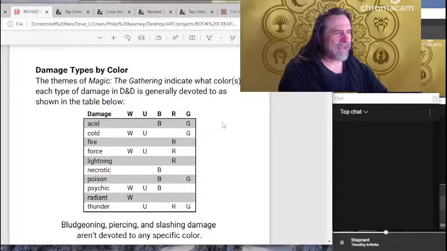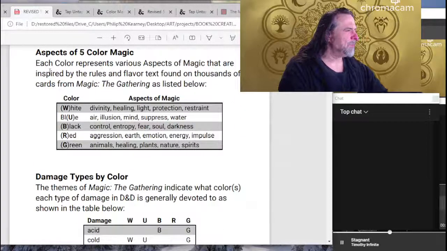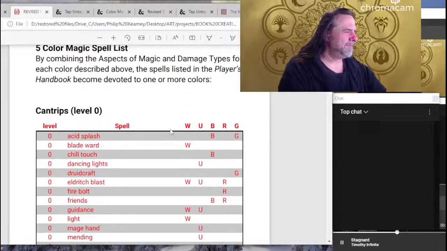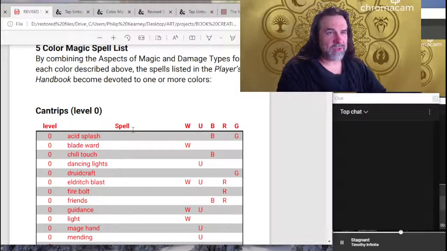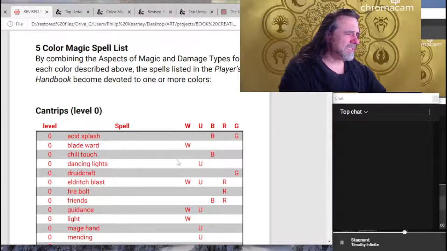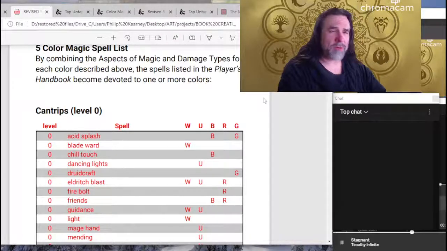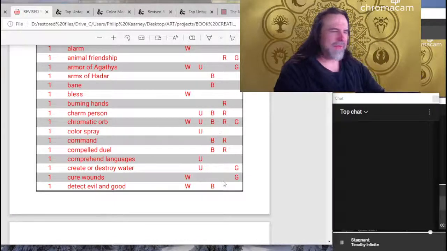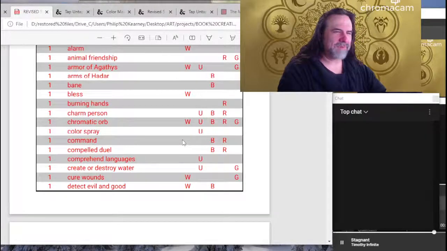So if you take these damage types and you mix them with these different aspects of magic, you're going to come up with a spell list from the Player's Handbook and other sources that's going to basically pair the colors or devote each spell to their appropriate colors. Let's take a look at Color Spray. It is a blue spell. It has mental effects that cause influence on characters. That's a very blue sort of aesthetic in Magic the Gathering.